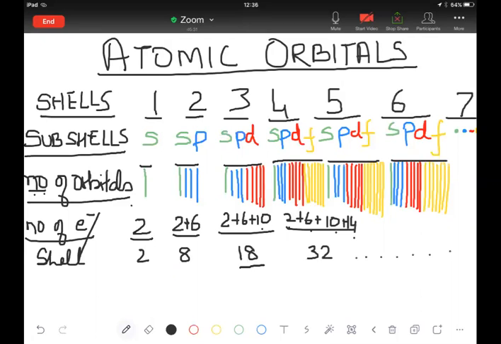And actually after the f, there is a g subshell. But since we don't need to go up to that g subshell, that is why it is not introduced here. Otherwise, the electron number would increase more. But it is within these numbers only that we are able to accommodate all the electrons of the known elements. So that is why that is actually not used in your atomic structure. So this is what I was trying to tell you about the atomic orbitals.